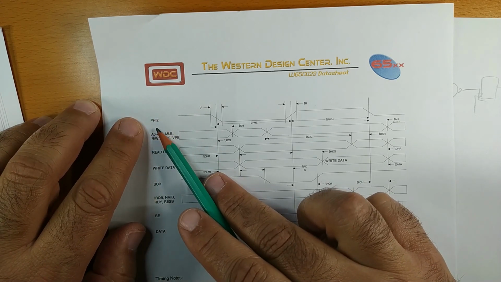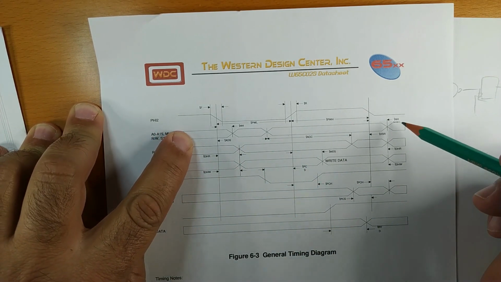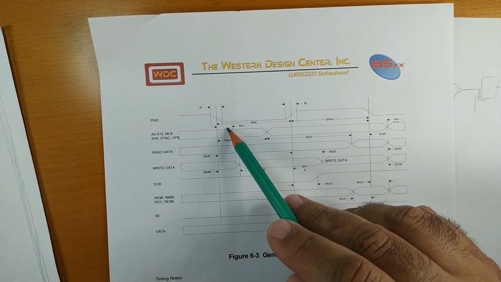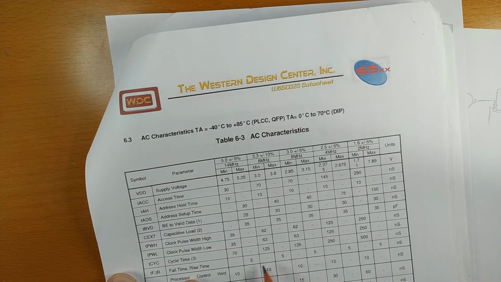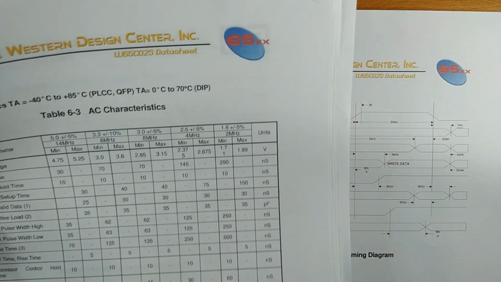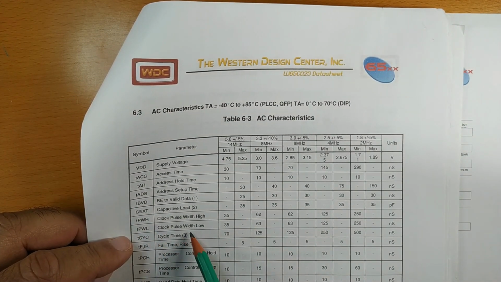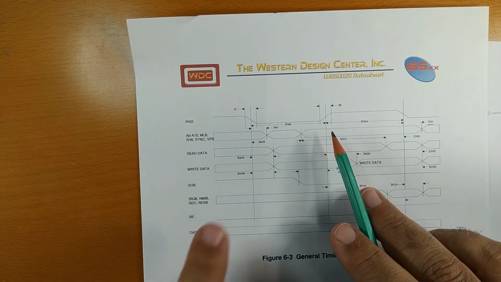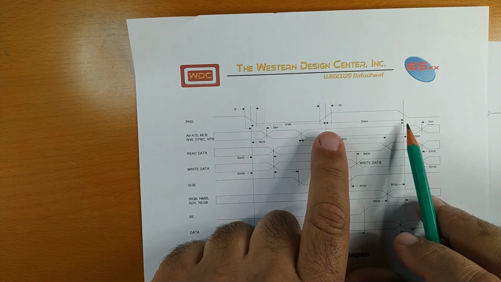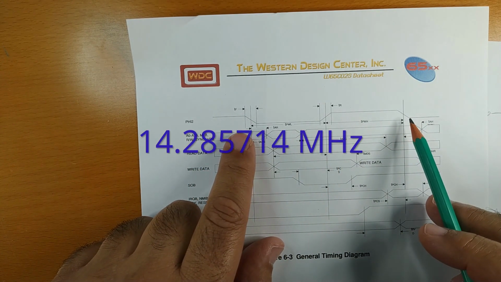So phi2 is an input pin, so we pretty much assume that this is something that our clock needs to abide by, which means that the CPU is allowed to assume that the fall time is no more than 5 nanoseconds, and that the pulse width low is, we'll assume 14 megahertz, no less than 35 nanoseconds, which means that the CPU has 35 nanoseconds to handle the low area of the clock, and then 35 nanoseconds to handle the high area of the clock, 70 nanoseconds altogether, which is more or less 14 megahertz.